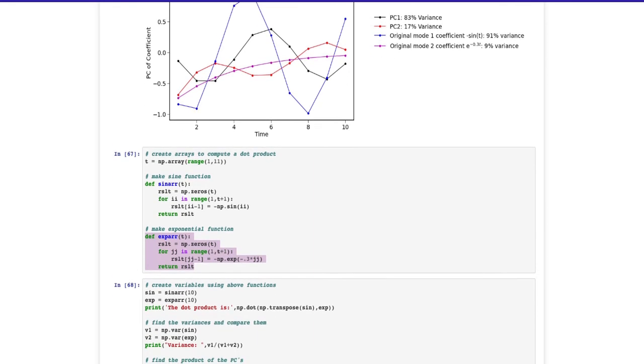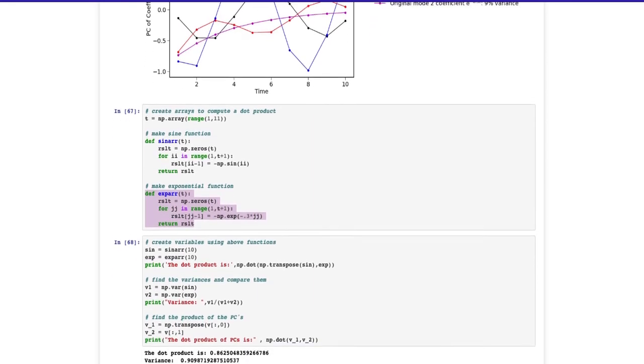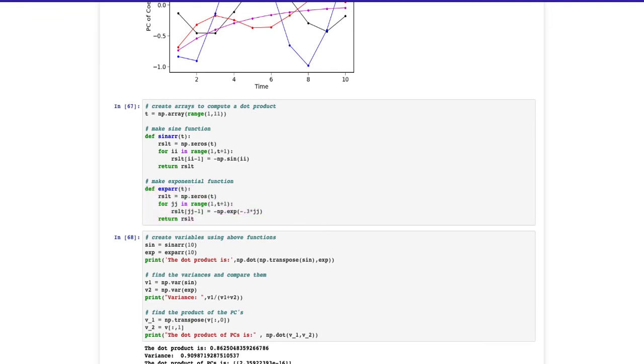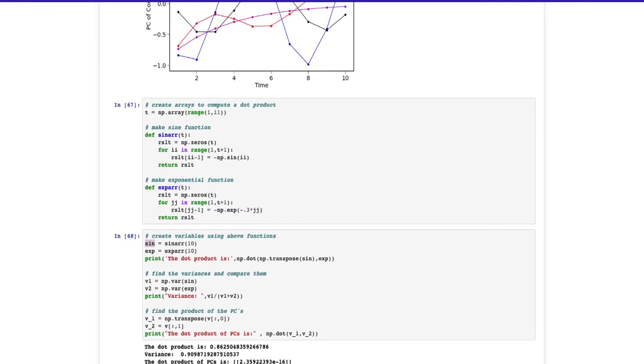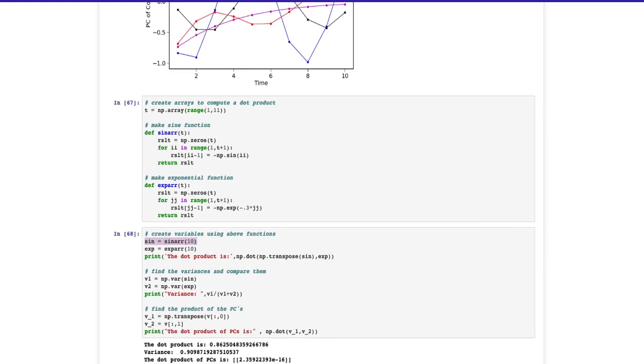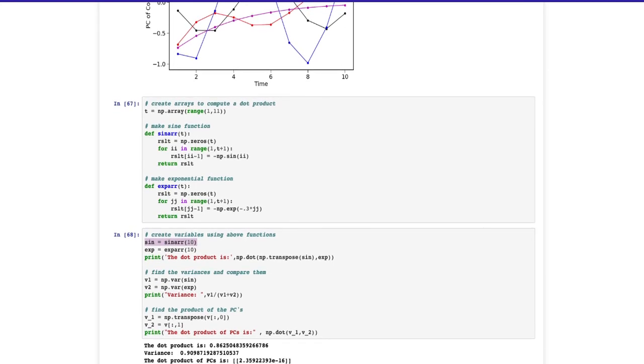Now we're going to go ahead and create variables using the above functions. We're going to name our sign function sign, and it is going to operate on the time 10. We are going to name the result of our exponential function exp, and this is going to be our exponential function operating on 10. We are going to go ahead and print the dot product that happens between these two